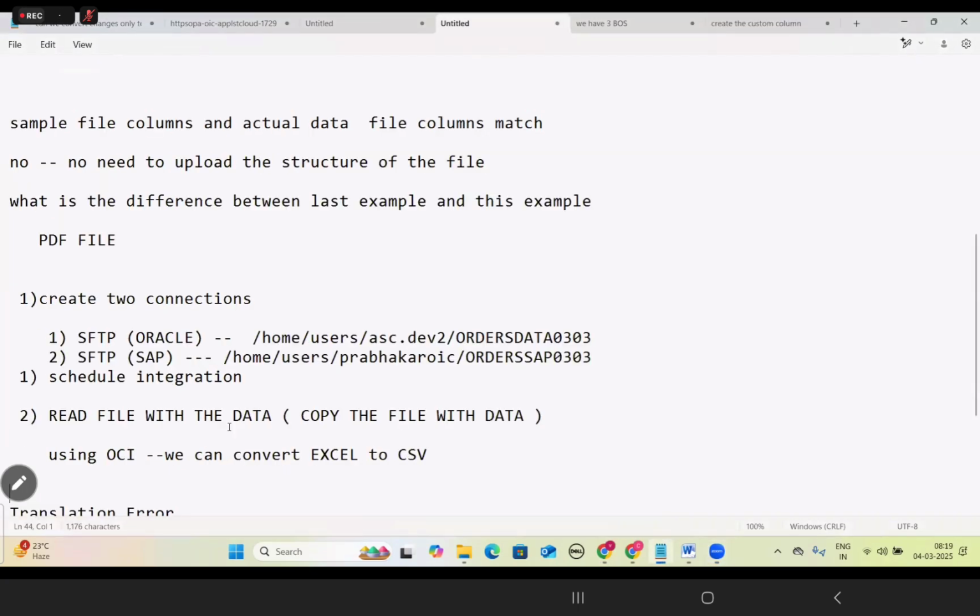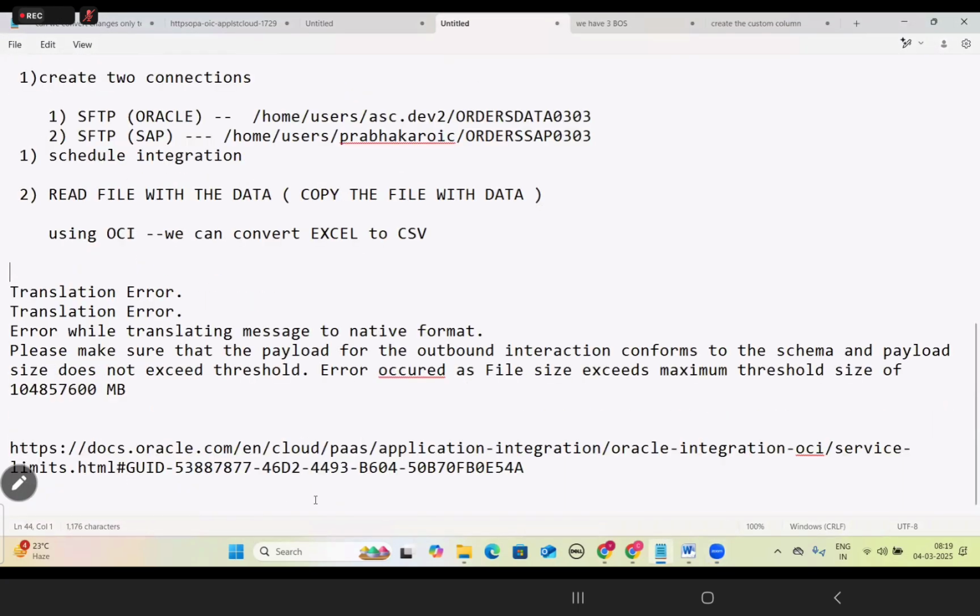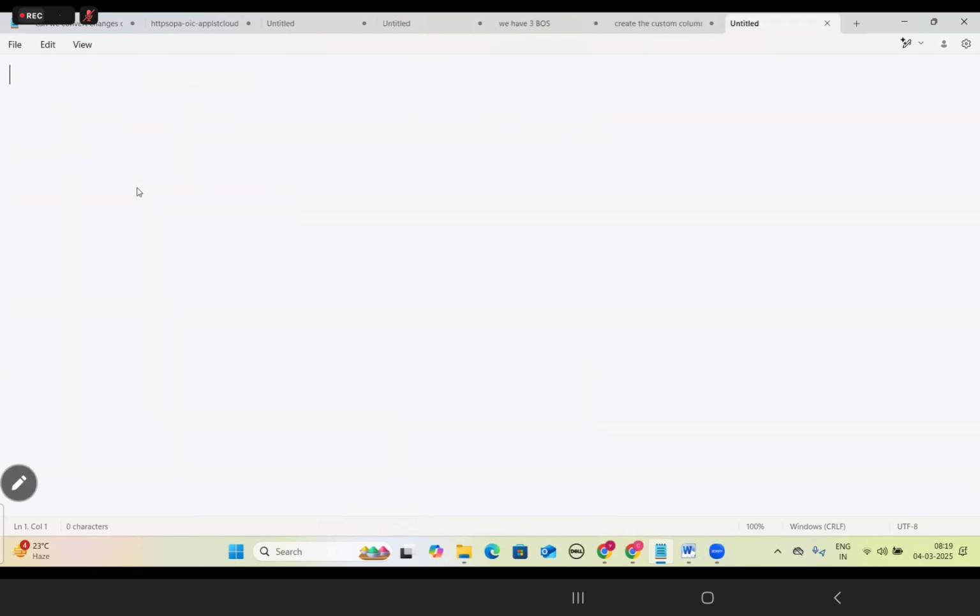If you look at this, this is one of the websites. This contains all the service limits for the OIC. So now what will we do? Instead of reading the file,